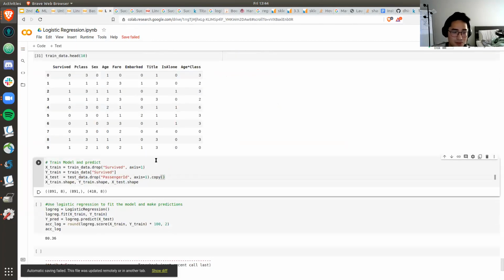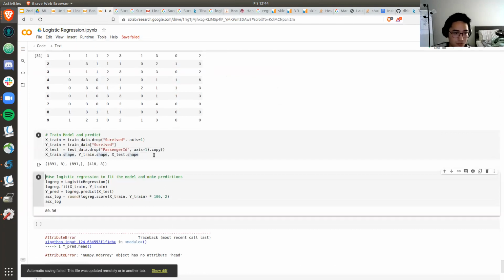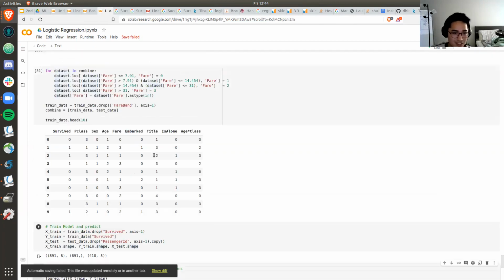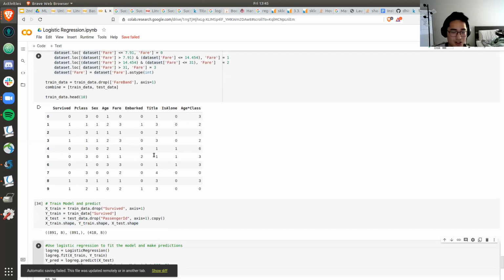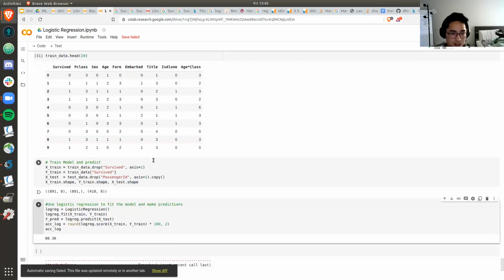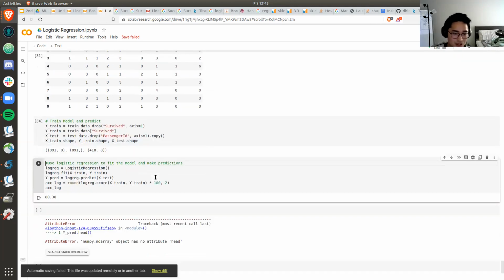So yeah, looking at all this, we've gone a long way. We pre-processed all of our data. We found all the details we need. We finally converted all of our string values into numerical values that allows our model to understand the data. Now let's actually apply a logistic regression model.